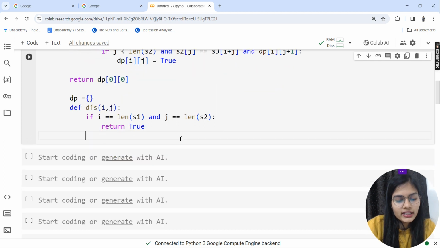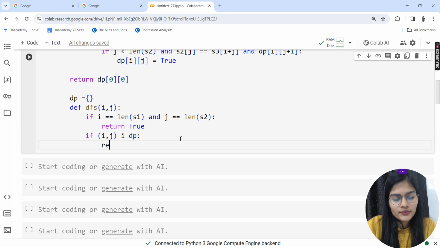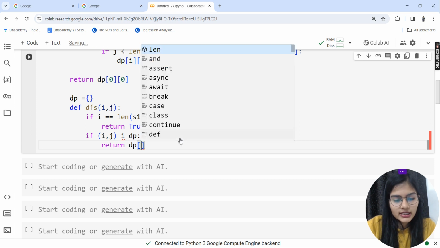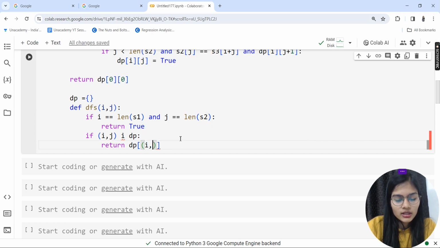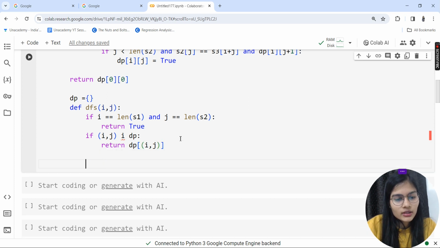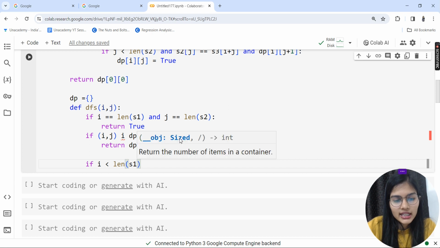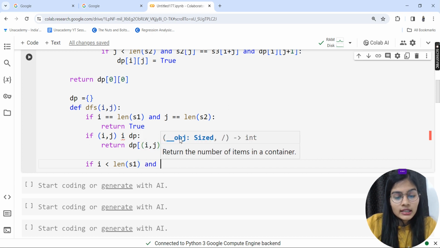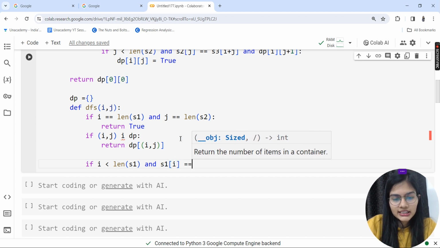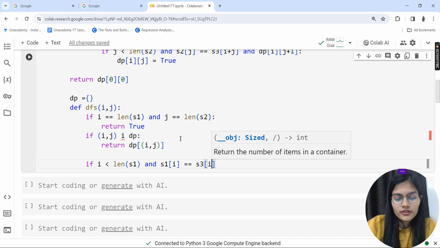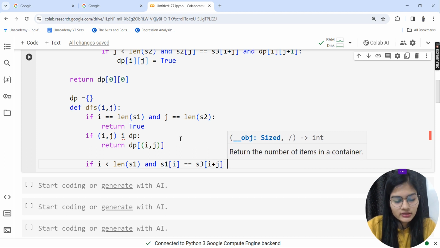Now moving ahead, next I'm going to put my second if condition. So I'm going to check if i and j are in dp. I'm going to put this colon, and now I'm going to return dp, and in the bracket it's going to be i comma j. Now getting down, I'm going to put my third if condition. So if the i value is less than the length of s1, and s1 of i is equal to s3 of i plus j,